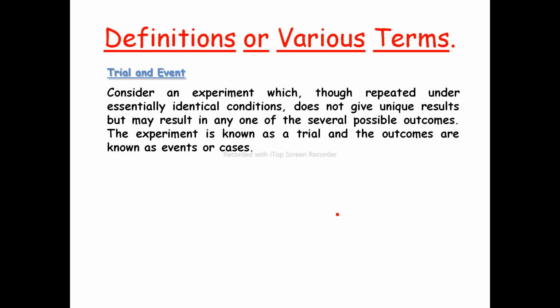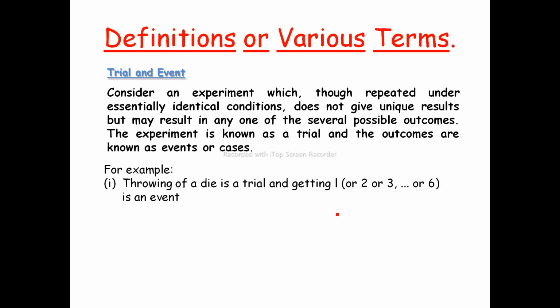Suppose you are doing some kind of experiment and you have repeated the experiment. How many times you have done the experiment is known as trial, and the outcome of the experiment is known as event. Now if I say experiments, in your mind some laboratory is coming. Let us check out the examples and you will come down to earth.